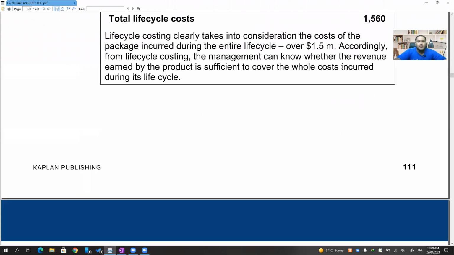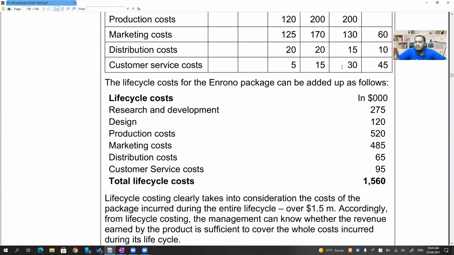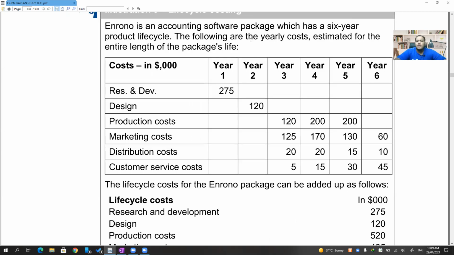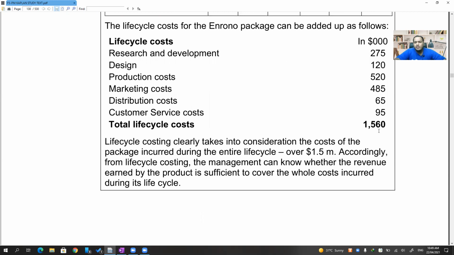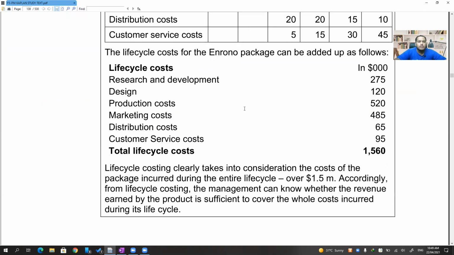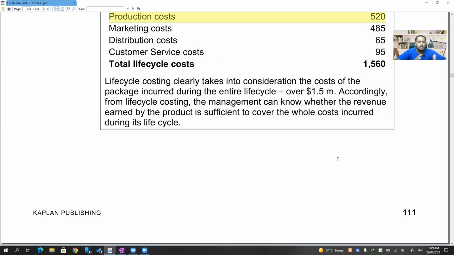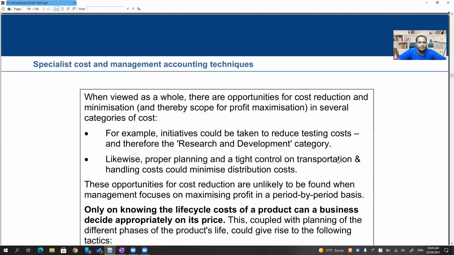Okay, they did not tell you the number of units. If you assume that over a span of 6 years we'll produce 3 million units, so 3 million, this is 1.5 million, 1.5 by 3 is 0.5. So it's 50 cents per unit. That is our cost of production, as simple as that. But you also need to calculate the production cost, is it considered here? Okay, production cost is also there. So total costs are considered. No problem.